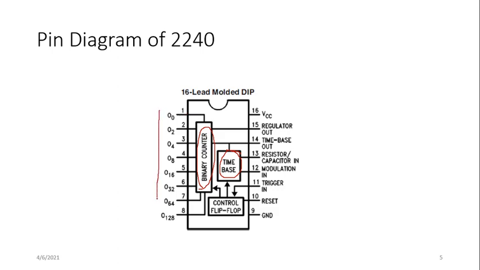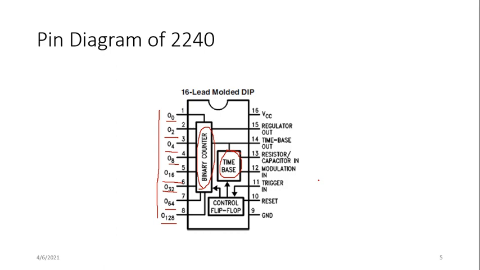If you see these outputs, there are a total of 8 outputs. Which are the 8 outputs? O0, O1, O2, O4, O8, O16, O32, O64 and O128. Total 8 outputs are there. So 8 different delays can be generated at a time, and 8 different waveforms also can be generated at a time by this